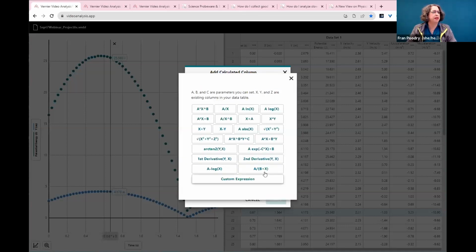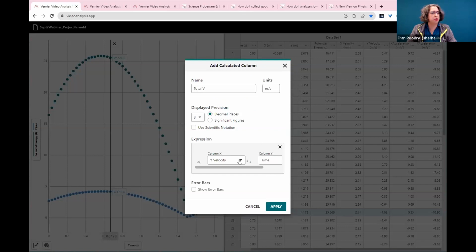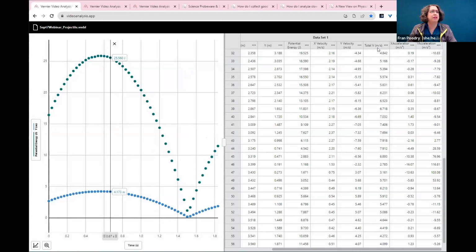And for this, I'm just going to use the nice resultant calculation here. So the square root of x squared plus y squared. I do have to tell it I want to do this with x velocity and y velocity. But once I do that, then I will have a total v, and then I can do another calculated column for kinetic energy. I'm running short of time, so I'm not going to do that, but you can see that we've got great features in here. I'm going to move on